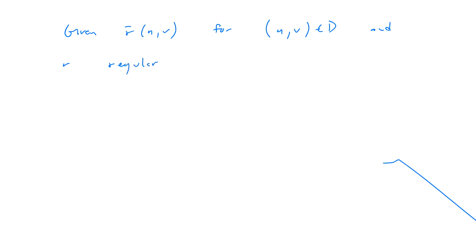For this to work, we will need R to be regular. That's supposed to be UV. We know that's at the point UV,